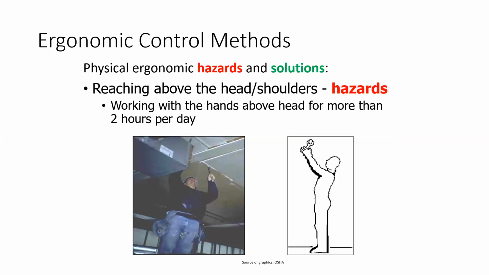Now we will take some examples of ergonomic control methods. I think it will be helpful to know how you can control these hazards. We will take the physical ergonomic hazards and their solutions, and how we can solve them. Firstly, if you are working reaching above head and shoulders, it is a hazard. Like electricians, all of the work of electricians involves reaching above head and shoulders. It is a hazard. Workers with hands above head for more than